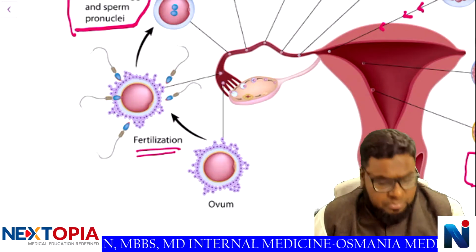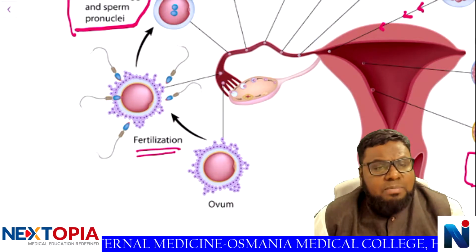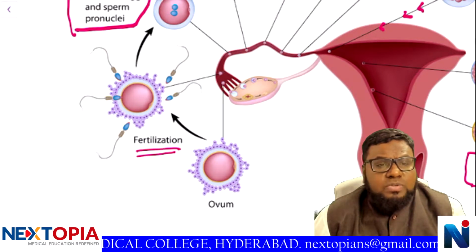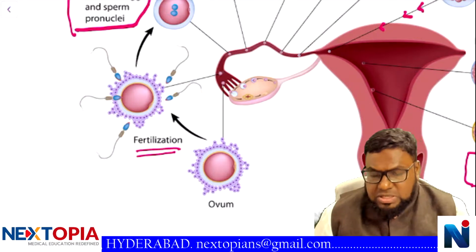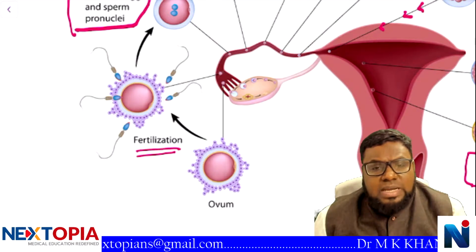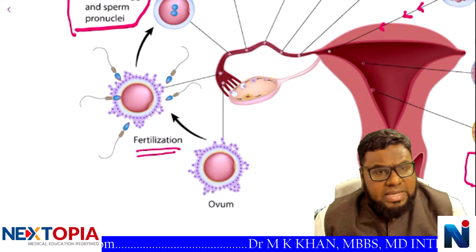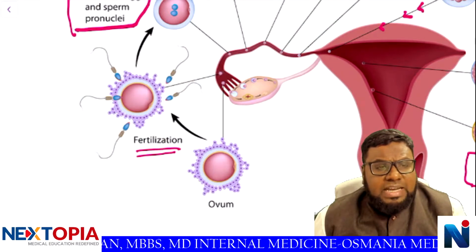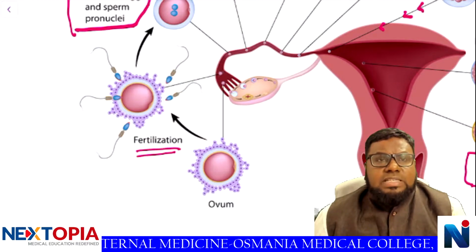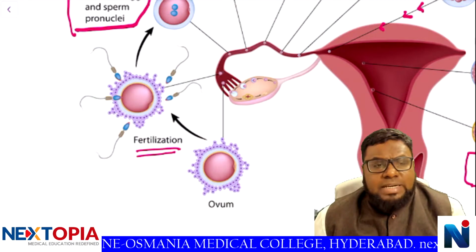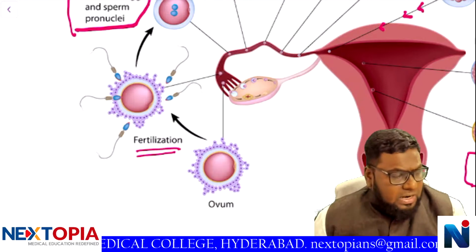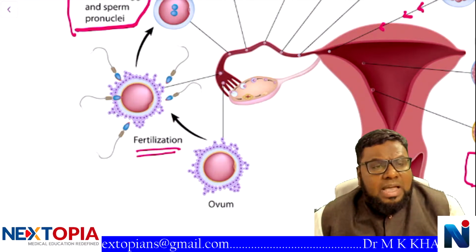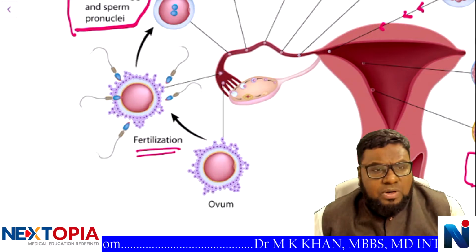In that I told you the head of the sperm is carrying the nucleus. Soon after, the pronuclei lose their nuclear membrane, and the 23 chromosomes of the female pronucleus and 23 chromosomes of the male pronucleus get mixed up, pair with each other and form what is known as a diploid zygote. A diploid zygote is formed. All right, what are the stages of fertilization here? Initially there is approximation of gametes, that is gametes come together. Then there is fusion of gametes, and then it results in fertilization. All right,